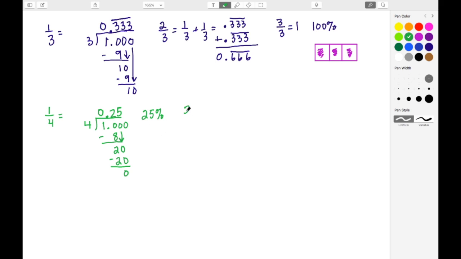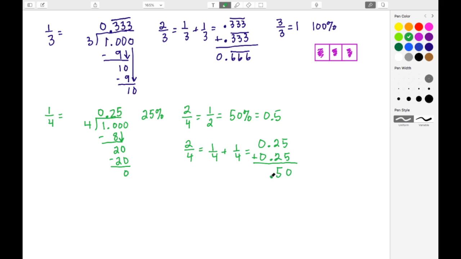Now, if I were to do 2/4, well, 2/4 can be simplified down to 1/2, which we already know is going to be 50% or 5/10. But if we use the adding method that I just showed, 2/4 is the same thing as 1/4 plus 1/4. And we just said that a fourth is 25 hundredths. So that's really 25 hundredths plus 25 hundredths. And if we add this up, 25 and 25 give me 50. Show my decimal point, and you see that I am showing 5/10 or 50/100. So we know that's the same thing.